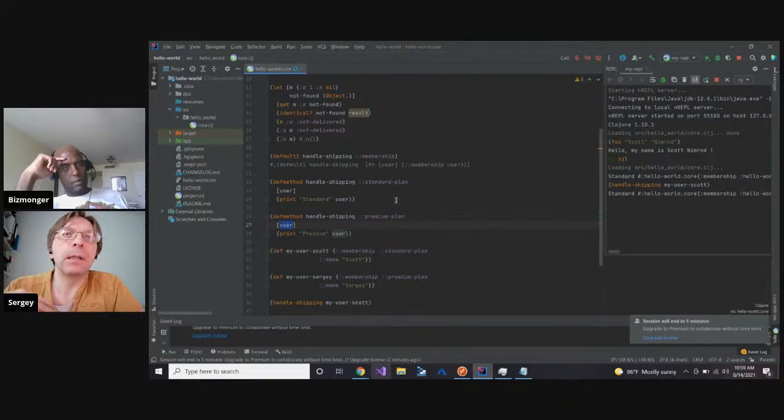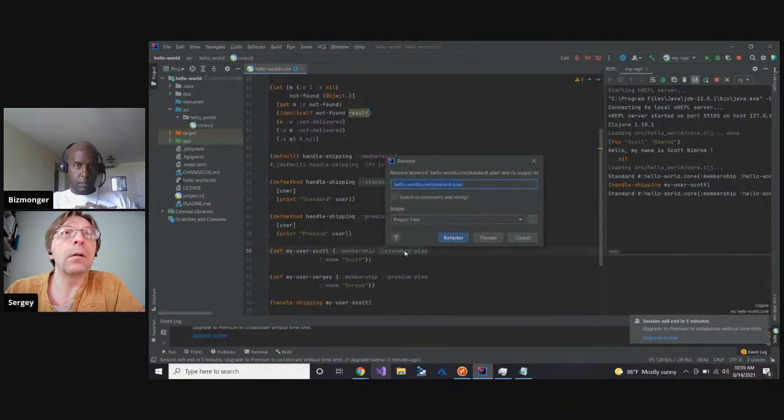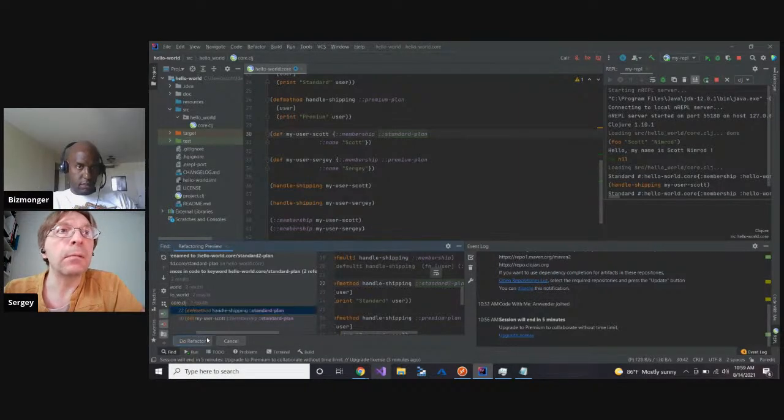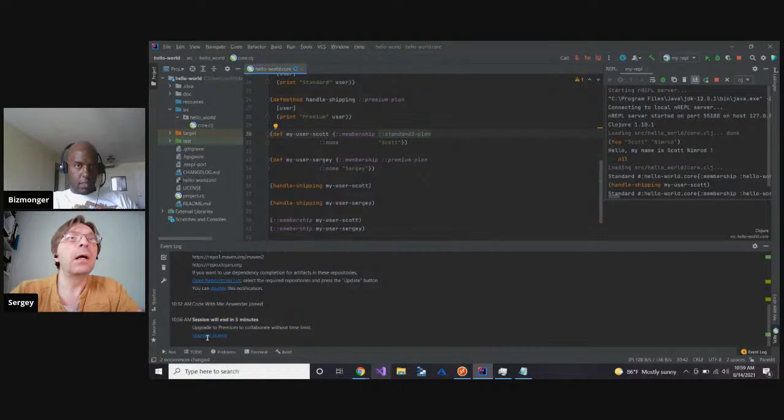namespace keywords, for example. This is about easier refactoring, because in IntelliJ with Cursive you can just rename: put the cursor on the standard plan keyword, press Shift F6, rename it, and change this standard plan keyword to another keyword in all the project. So renaming your keyword specifications